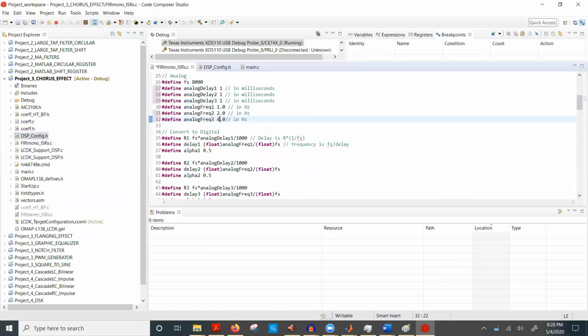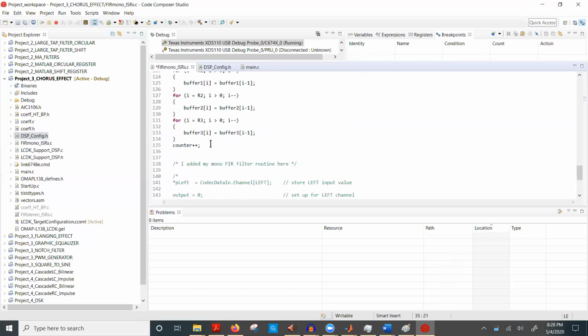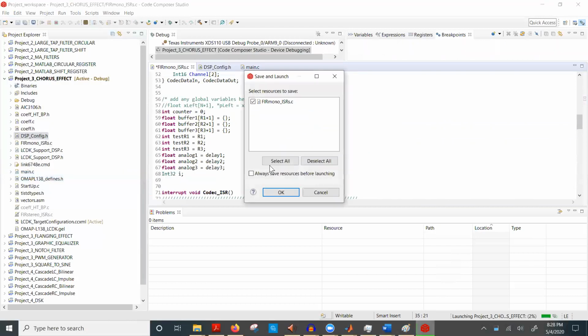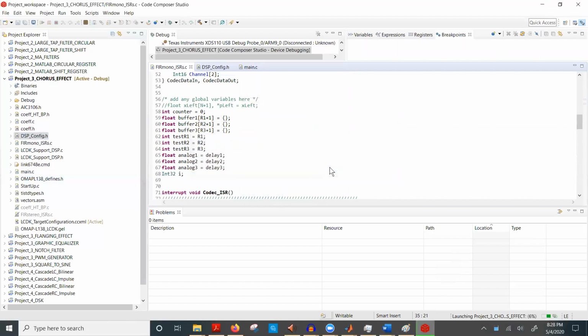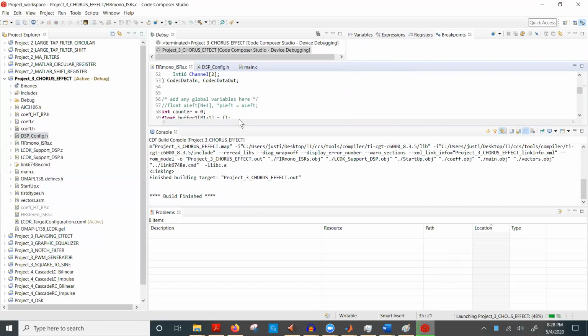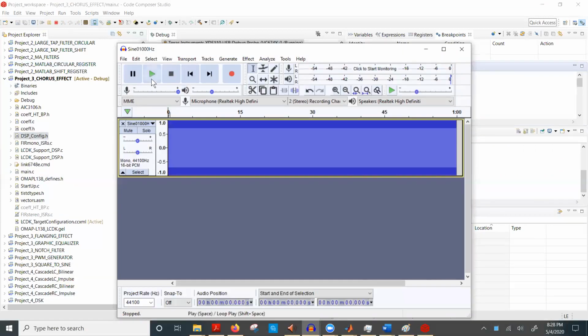And then I'm going to change these analog frequencies to be harmonics of each other. And so if I do that and leave everything else the same, and I run this, all right. So now if I take a signal, you can now hear the chorus,